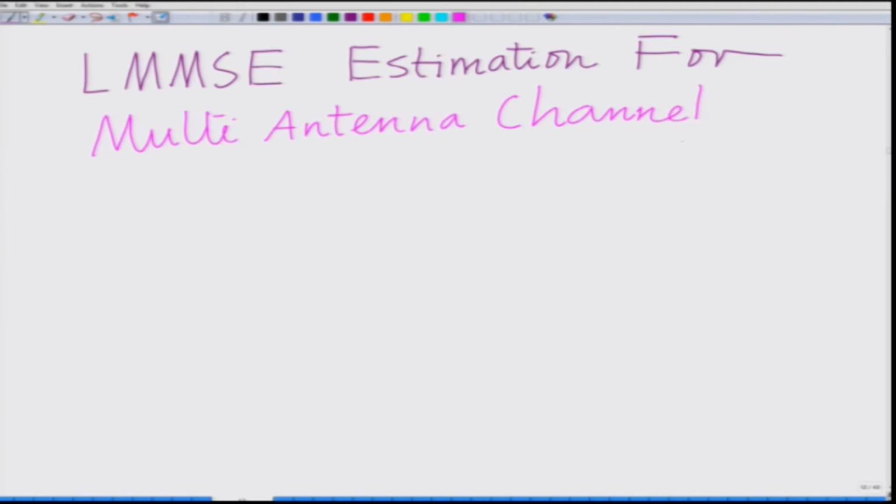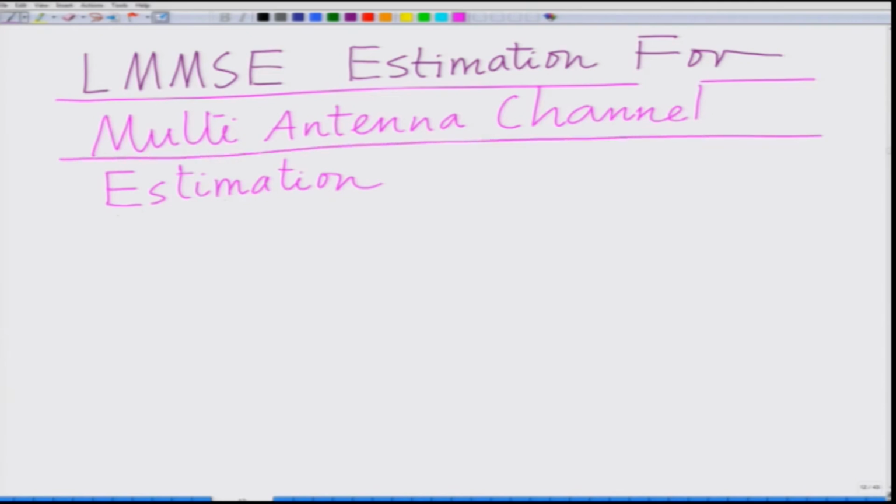We are going to look at LMMSE estimation for a multi-antenna wireless channel, and we have already seen the problem. So, consider the multi-antenna channel estimation. We have seen the problem can be expressed as y bar equals X h bar plus v bar, correct,